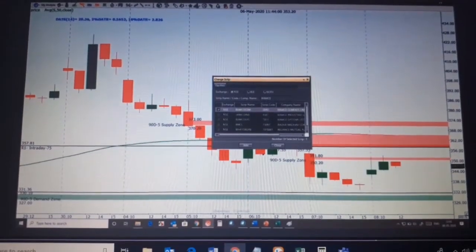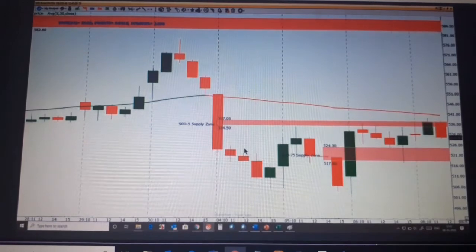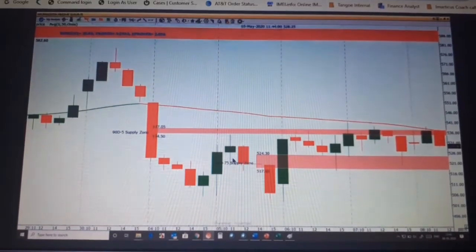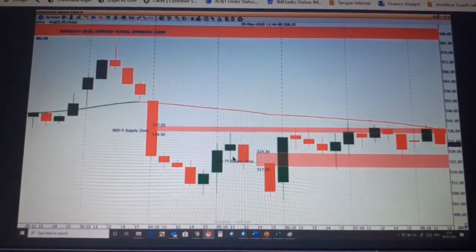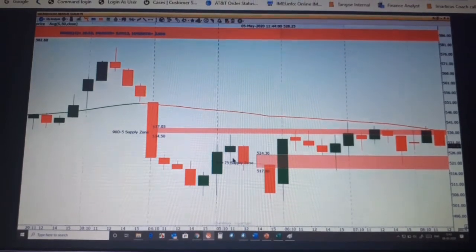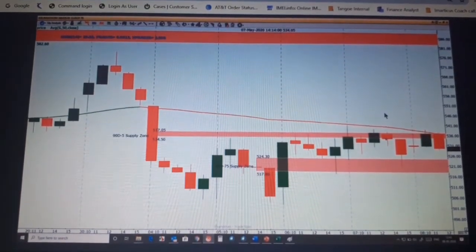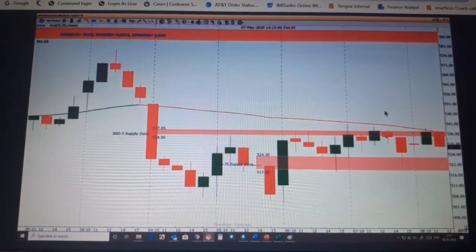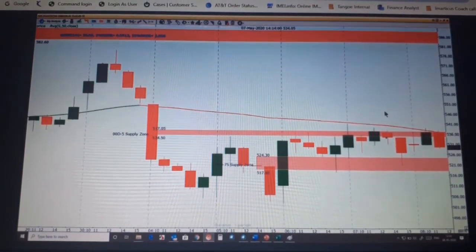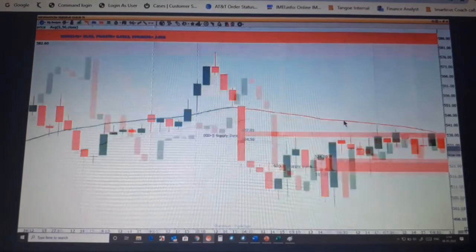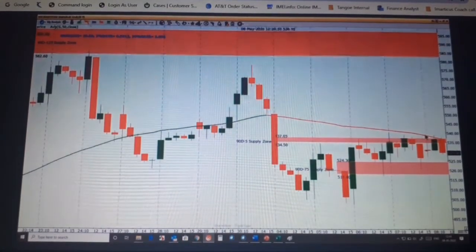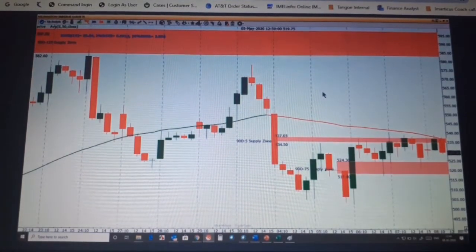Two entry lines cannot be plotted on the same chart. That's true. On the 75-minute trend, if I'm analyzing my trend on the 75-minute chart, what type of trade am I trying to go for? Daily income trade, right? So the trend was down and I am going for a daily income trade.